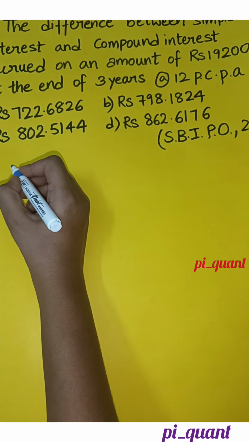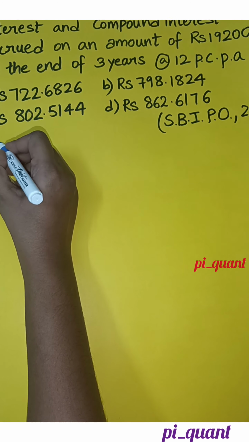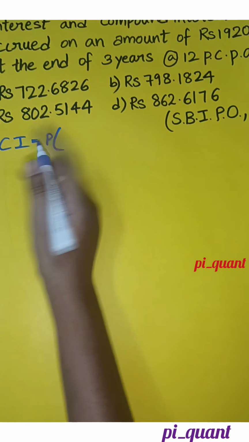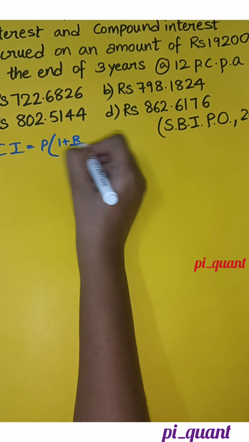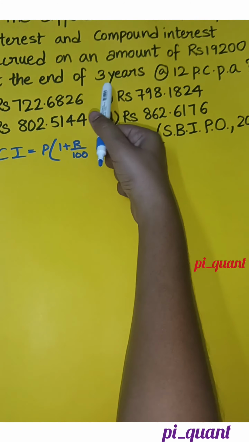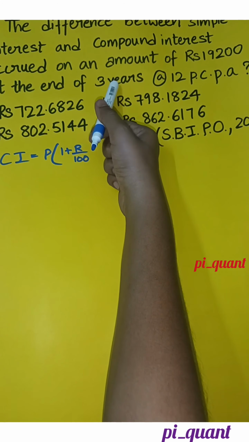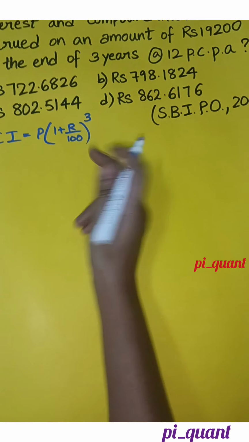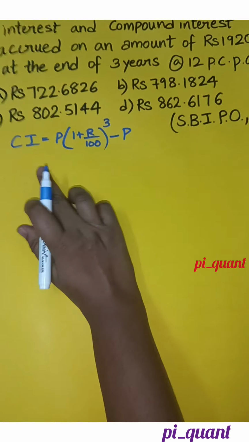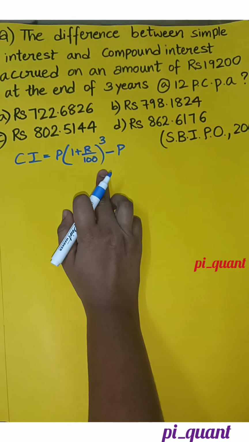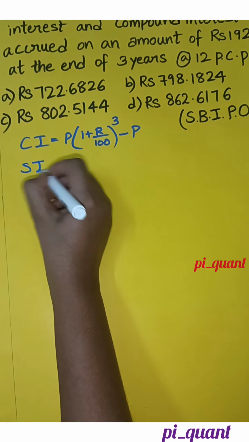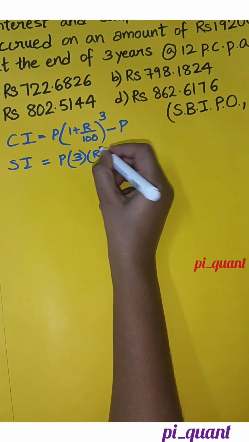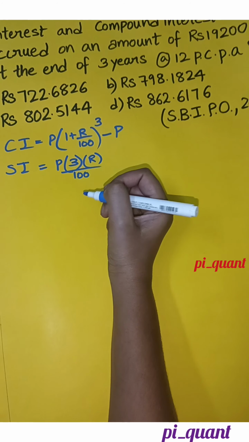In general, as you know, compound interest, which is here interest not amount, it is given that at the end of 3 years. So this is amount, we want interest, right? So P, this is compound interest at the end of 3 years. What is simple interest? PTR by 100. P, T is 3 years, R by 100.